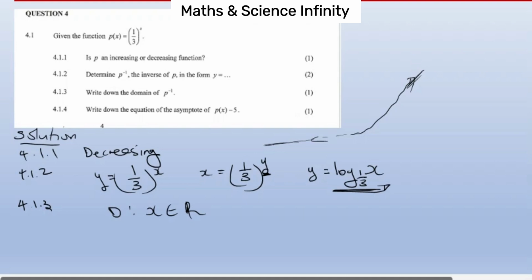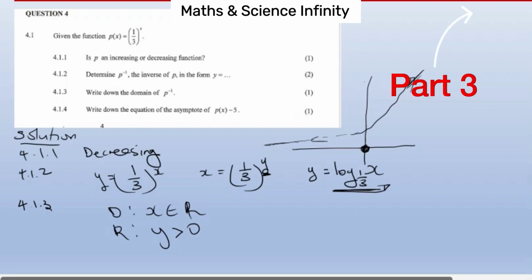Then our range for the original is going to be y greater than 0, because the graph never touches the horizontal line. So the graph is always above 0 on the vertical axis. Hence we say y is greater